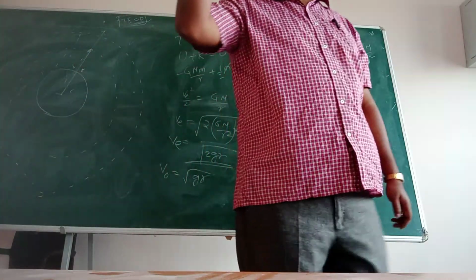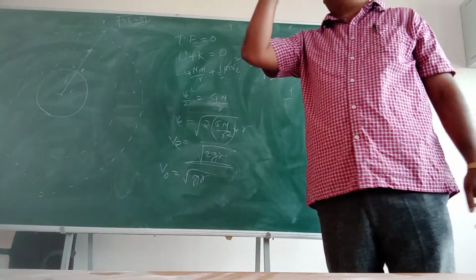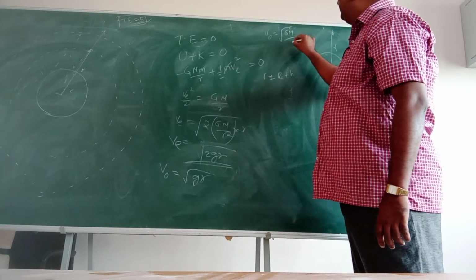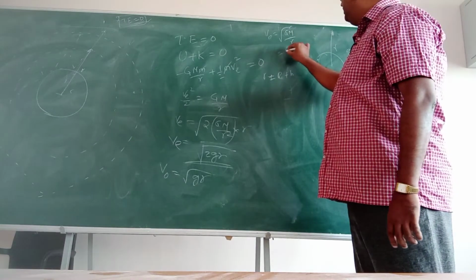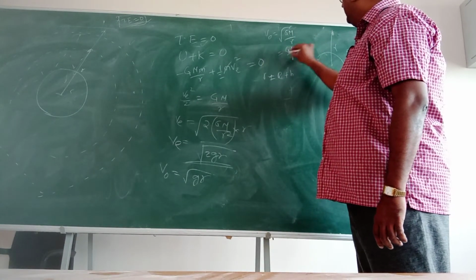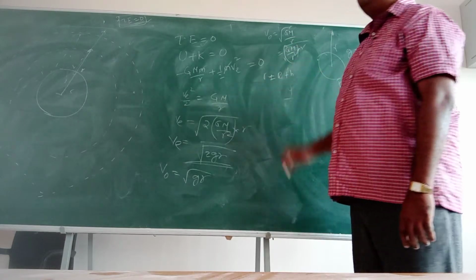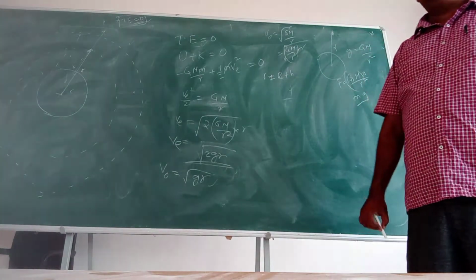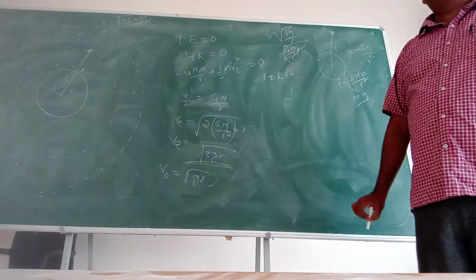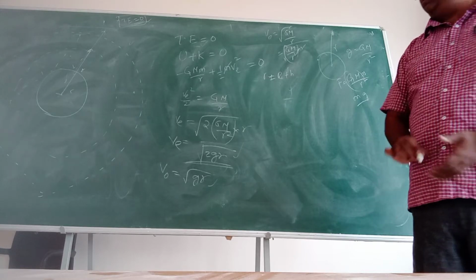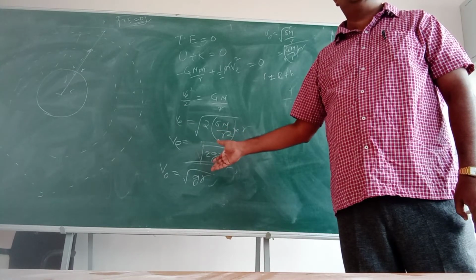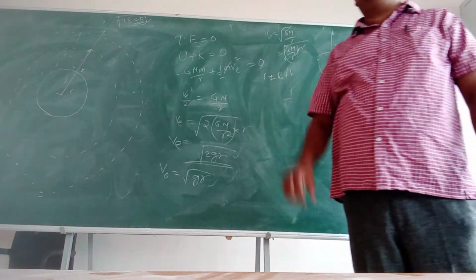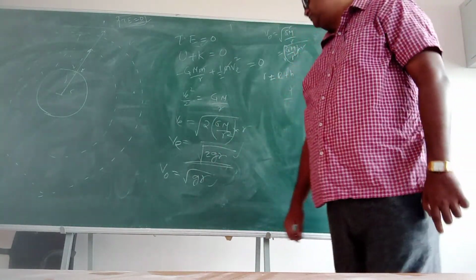Orbital speed also, when I was writing, we have written GM by r. Now you just write it GM by r square into r. So this term will become g, same argument. So the orbital speed is root over gr and the escape speed is root over 2gr. Which is more? Escape speed is more. But remember, this g value is the g value at that altitude. That should be very clear.